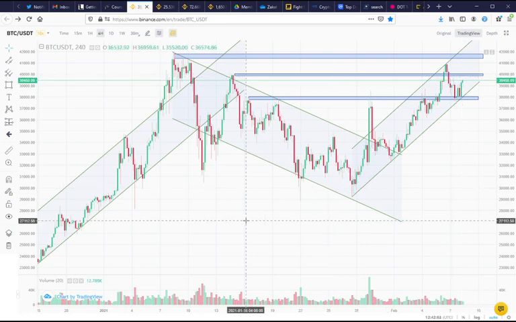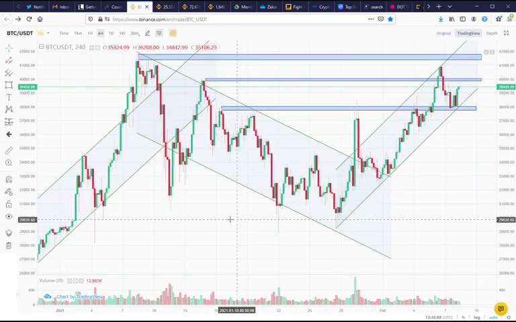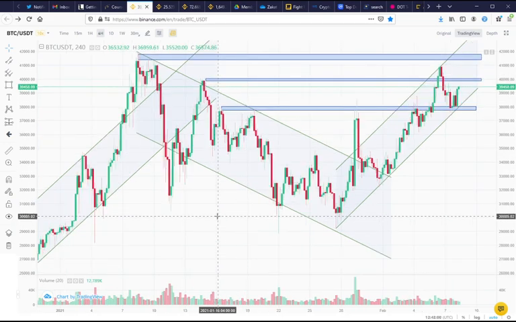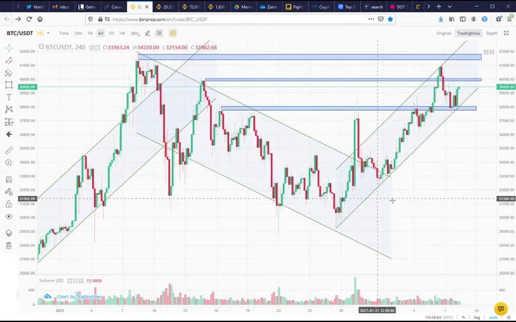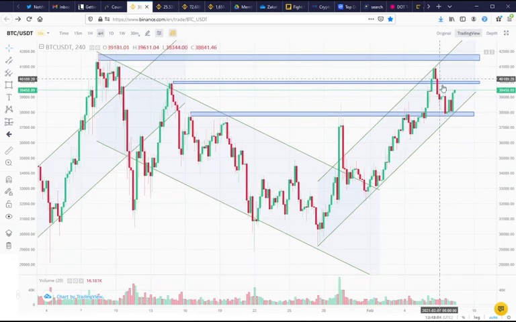So if you're looking for trades, in general, I say trade with the trend. You should be looking for long positions rather than shorts. Personally, I don't trade shorts anyway. And if you're looking at clues for what price action could do